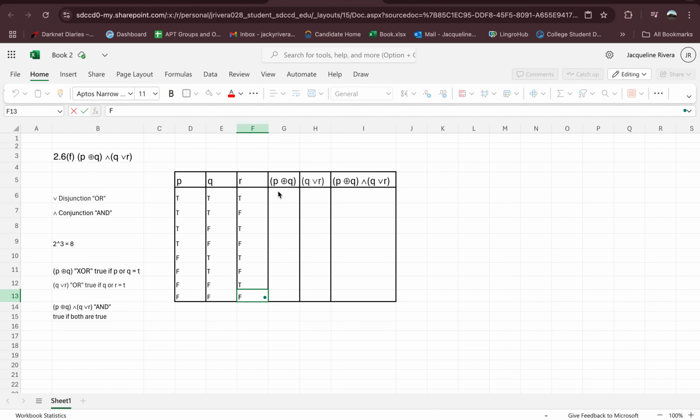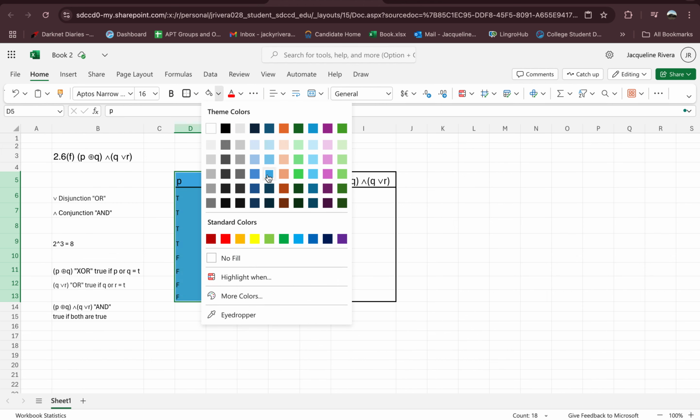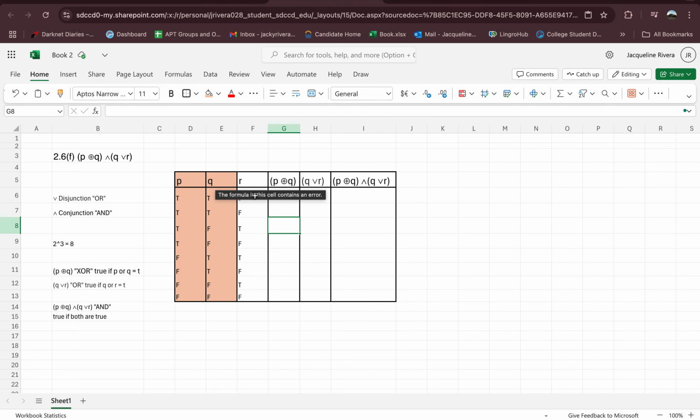And then for our P or Q statement, it would be P and Q. So for this statement, it's only true if P or Q is true, not both. If both are true, then it's false. So this one would be false, false, true, true, true, true,